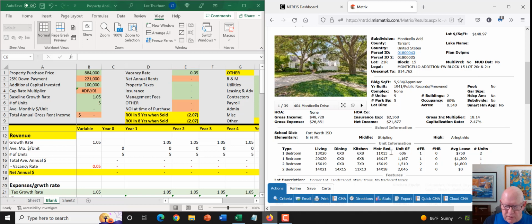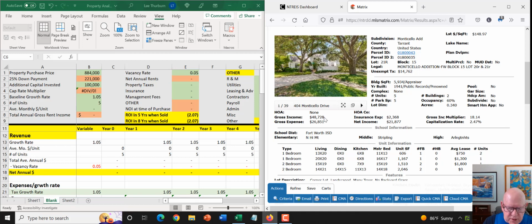So you'll see down in this section here that there are 5 units, 2 that are 1 bedrooms at 606 square feet, $750 a month in rent. So what we're going to do is add up the lease amounts. Getting my calculator going, $1,500 plus $1,300 plus $1,800 equals $4,600 a month, times 12 equals